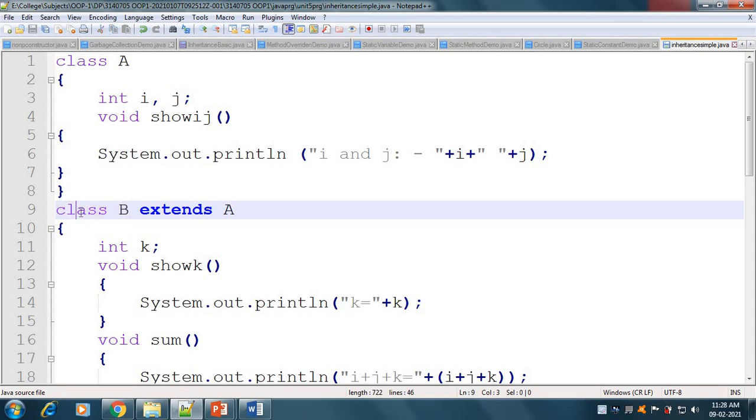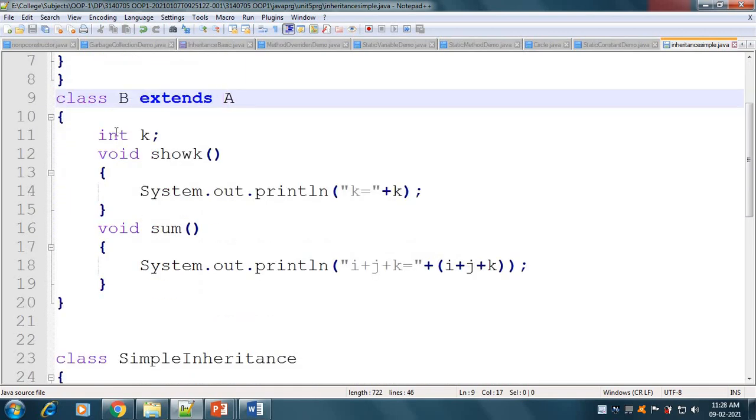So the class keyword is compulsory for the class being declared, and it is extending a class that is already declared, so no class keyword is required there. So we will write class B extends A. In it, the body of class B will be there, integer k, showk method, then